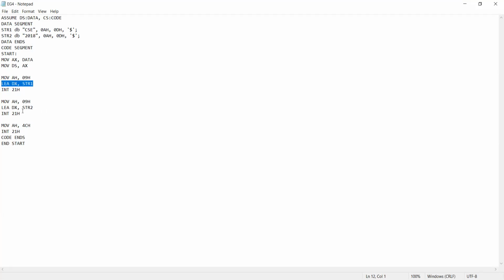Similarly, before printing string 2, first we need to move the base address of that string into the DX register, then we can call the interrupt routine. Let's see what happens when we execute that code.